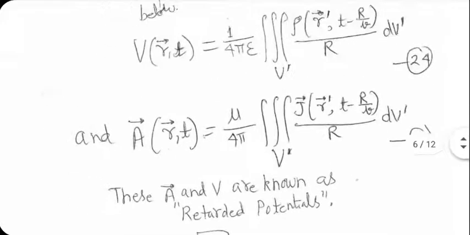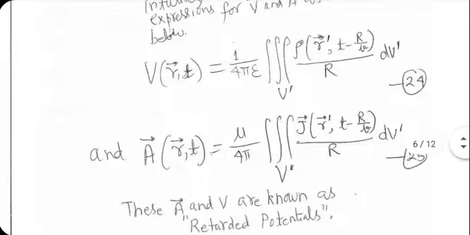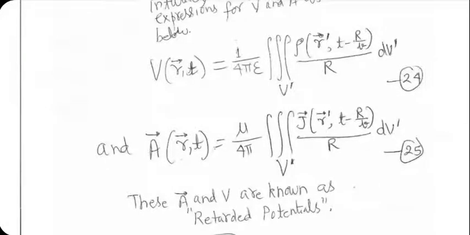These are the ones that need to be used to analyze radiation problems. They are known as retarded potentials because we have included the effect of time delay between source and effect. There's a retardation between the effect and the source in both cases. These two formulas that you see here, equation 24 and 25, are said to represent retarded potentials, where finite speed of propagation has been accounted for. It's all intuitive right now. No proofs.